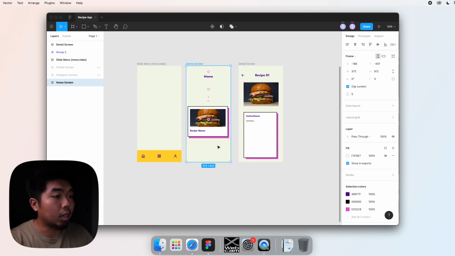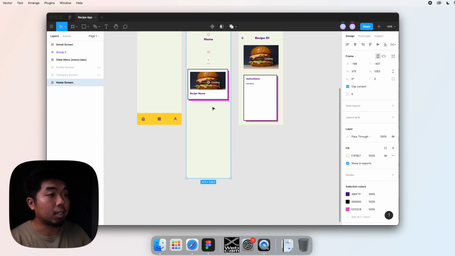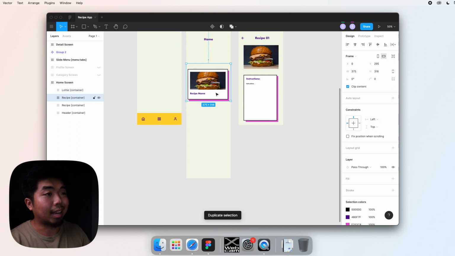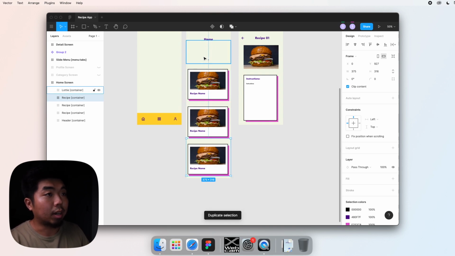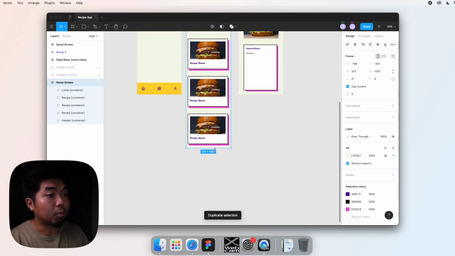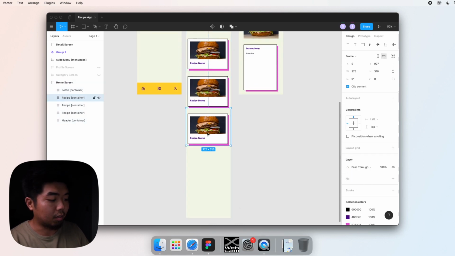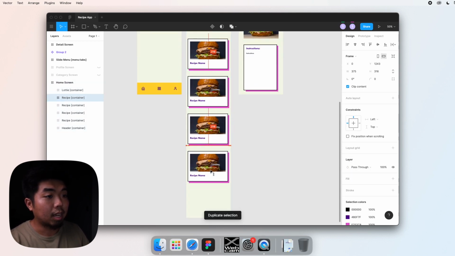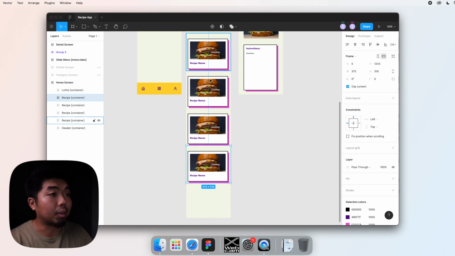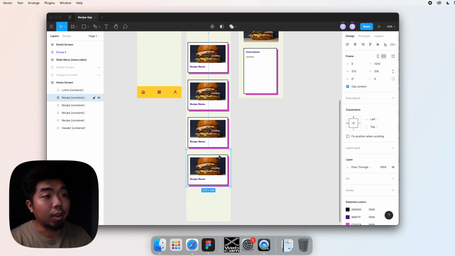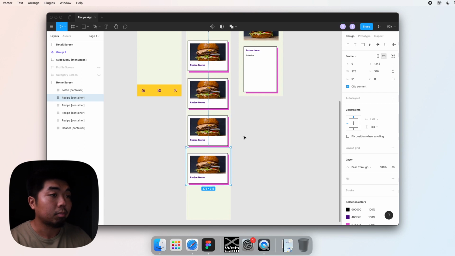So normally, if you didn't have a database and you wanted to make a recipe app, you would go ahead and, let's make this a little bigger, say we had, I don't know, 5 recipes. You would create a list of all these recipes, and you would just keep going down this list until you had all the recipes that you wanted.